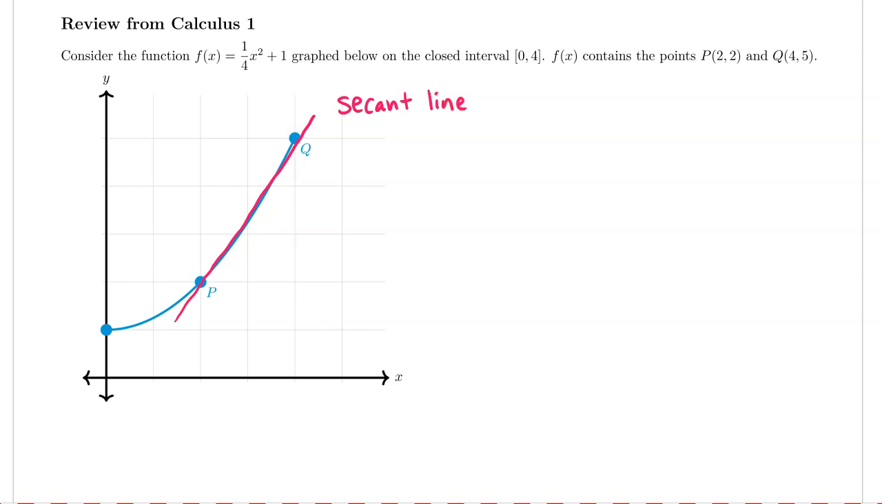And the way that we find the slope of the secant line is by taking the y-coordinates, subtracting them, and then dividing that by the difference in the x-coordinates. The whole reason that we care about the slope of the secant line is because it tells us about the average rate of change